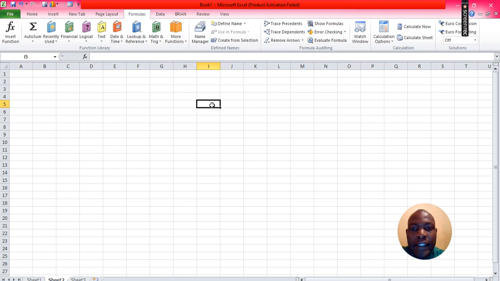Therefore, this cell is known as I5. This cell here, it is in column J and row number 5. This cell here, it is known as J5.